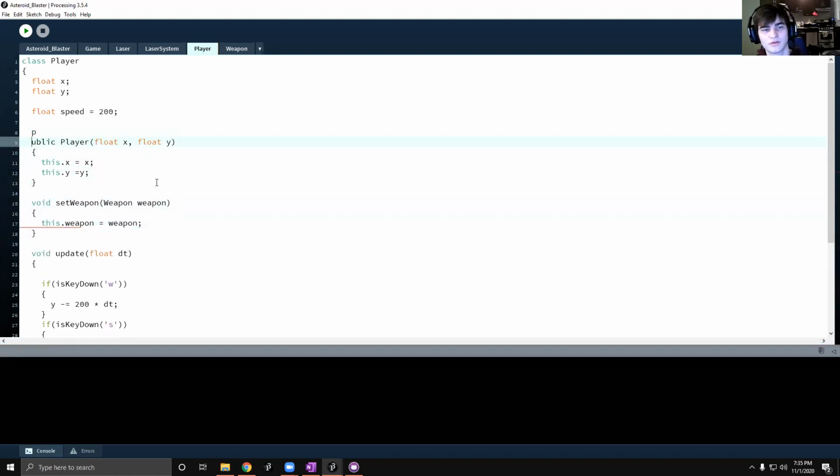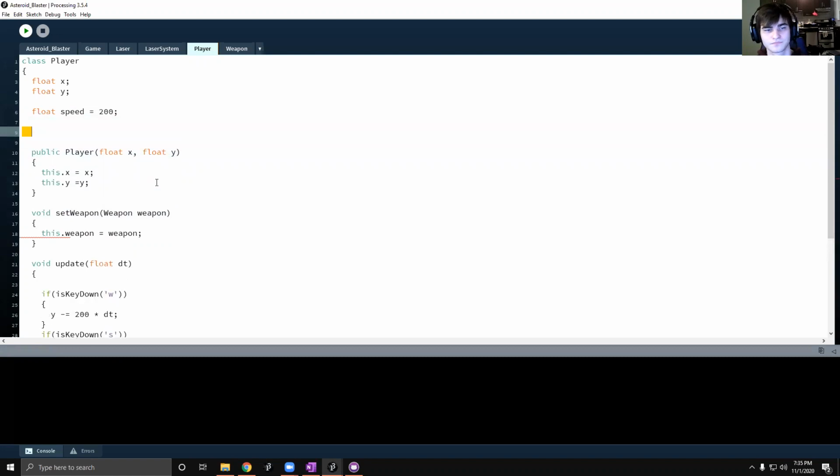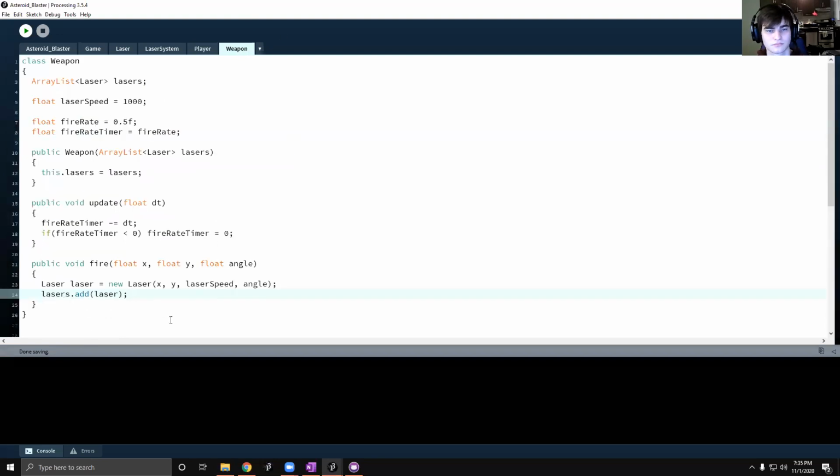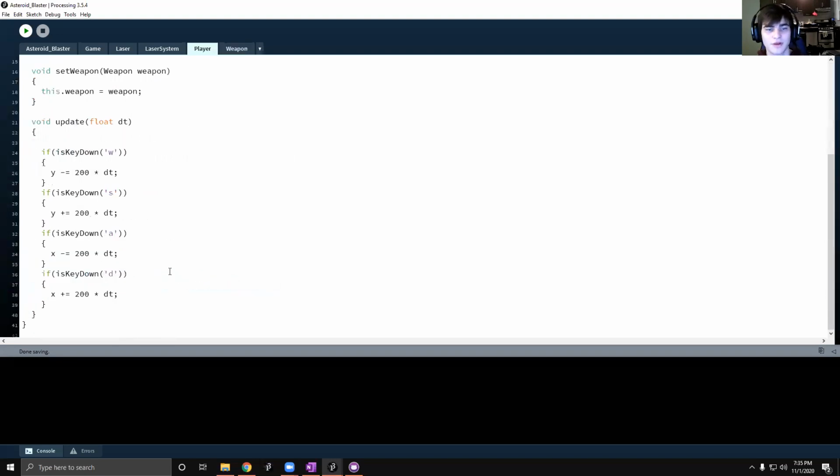And then we're going to go here and have a weapon. Okay, and then it creates a laser at X, Y, at the speed and the angle. So now in the player, we want to be able to check when we want to shoot. And then at that point, we're going to say, so we're going to do something like, we're going to say